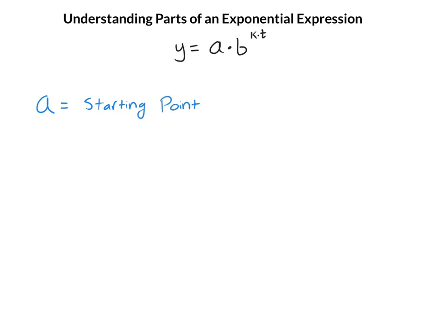So if I'm looking at a word problem, this is kind of like where we begin our measurement tool. So if we start on a certain date and we're counting after that, a is going to be the population or the amount of money or something that happens at the starting point. B